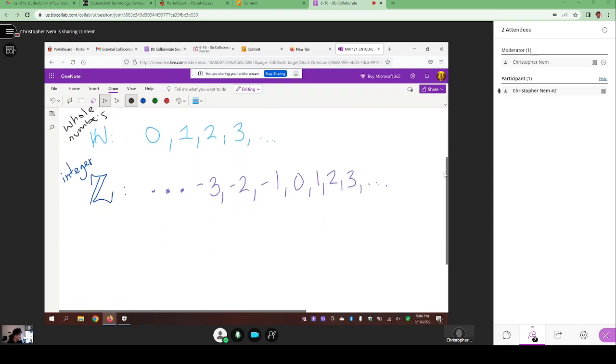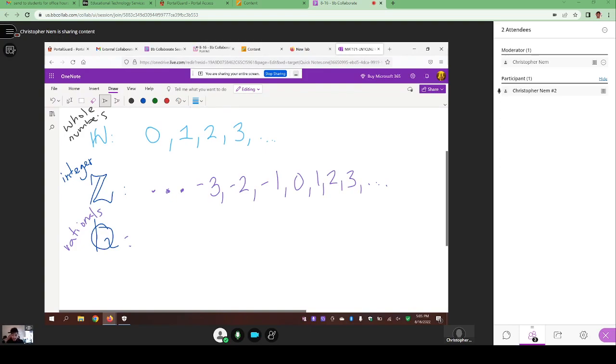Next, we move on to something that a lot of people have heard of, but they don't have the full understanding of, which is rational numbers. That'll start off with the Q, and I'll use purple for this. Rationals. Now the rational numbers